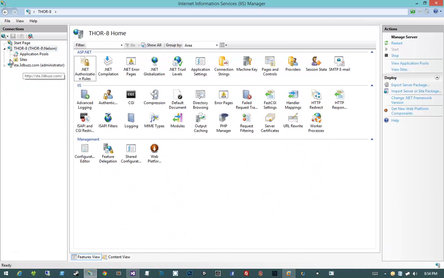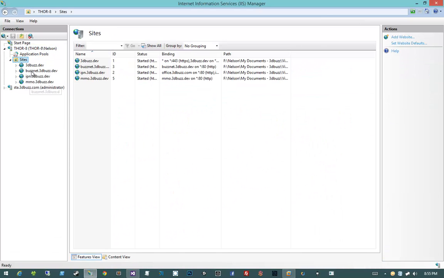So a couple important things about IIS. IIS organizes things into websites. Websites have host names. Host names are going to be the domain that the website is going to listen on. So what we want to do is we want to set up a new website on our development machine using